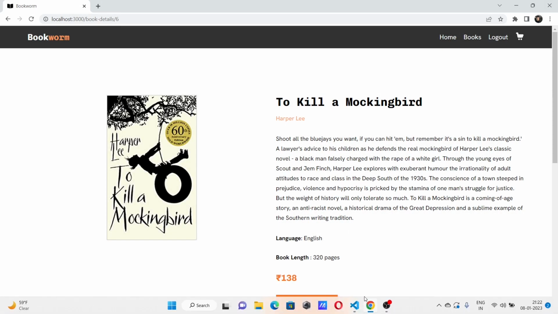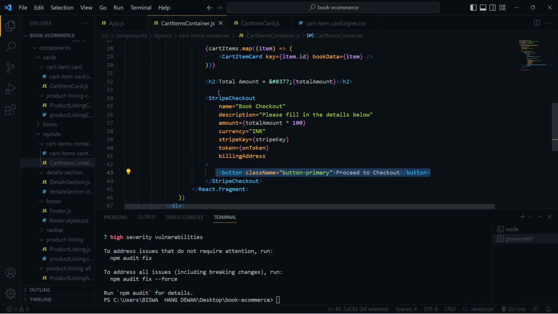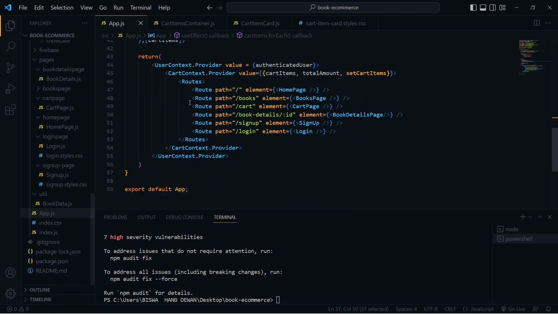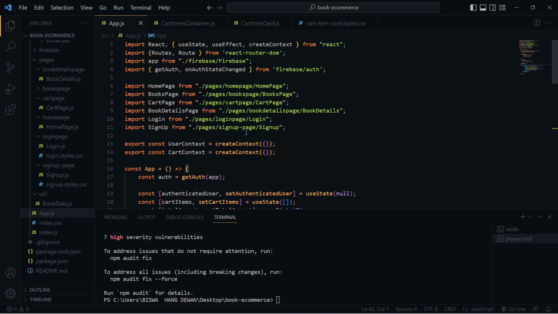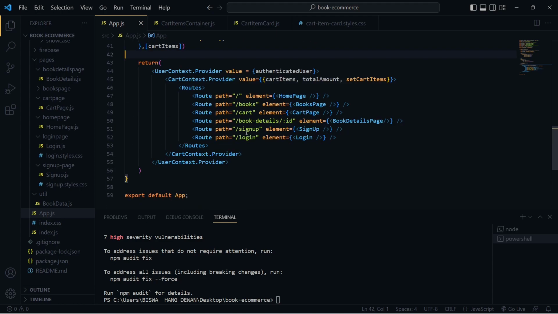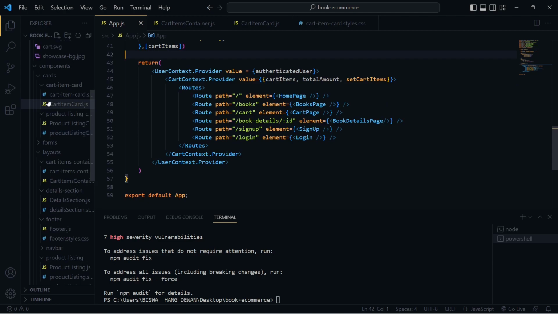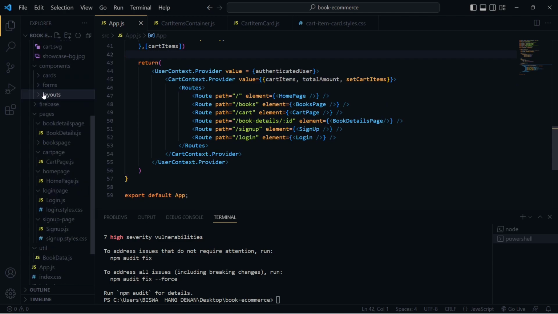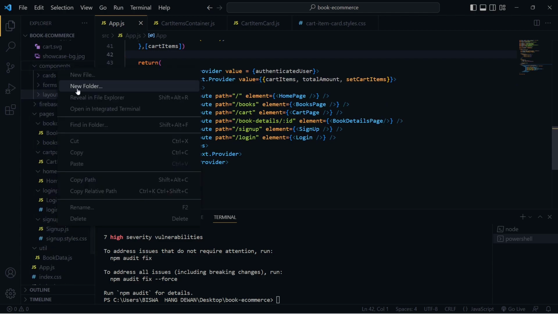Right, so let's go back to our code. Okay, and now I want to go to app.js because that's where our initial route is. So what I'm going to do is create a component. All right, and so let me go to our files, and inside the components folder, let me create a new